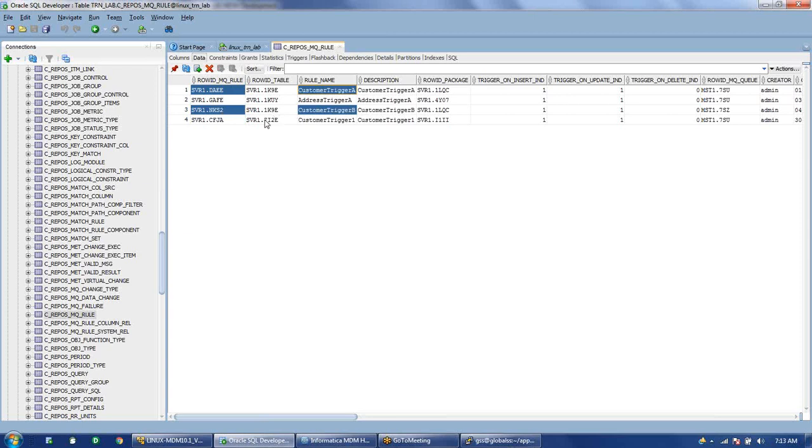So we can join all these tables and get exactly what the rule name is and on which table it is getting fired. The row ID table, you can go to cRepos tables and use this row ID table to get the table name, which here is the customer table.